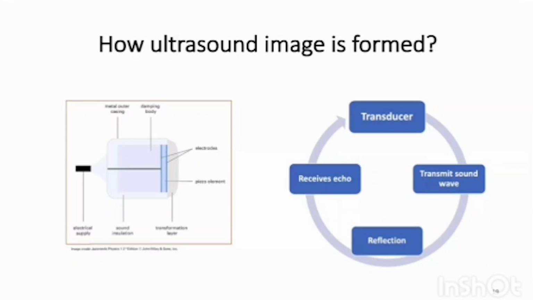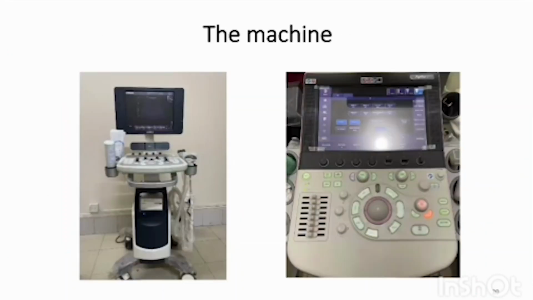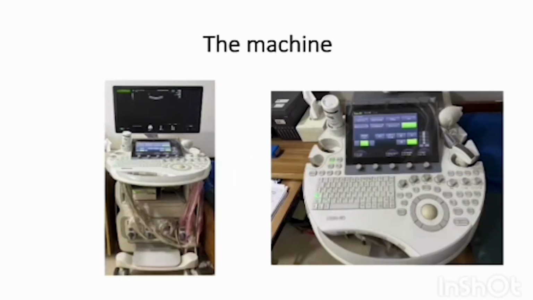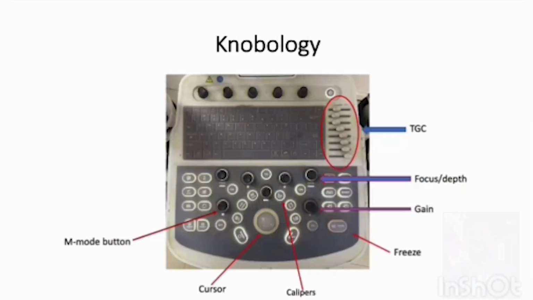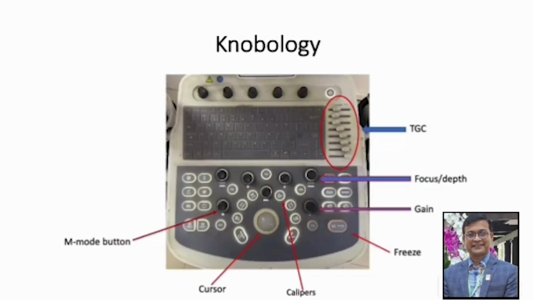Yes, please go ahead. So these are the different types of machines. And this is very important. That is the knowledge. We have to have the knowledge of different knobs. As immunologists, we don't have to know everything, but the very basics and the important knobs we have to know. The first one is this.